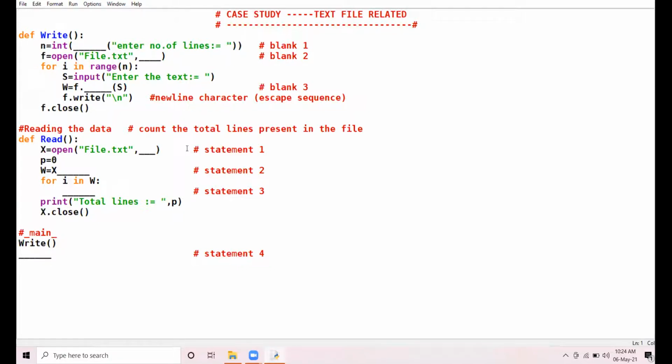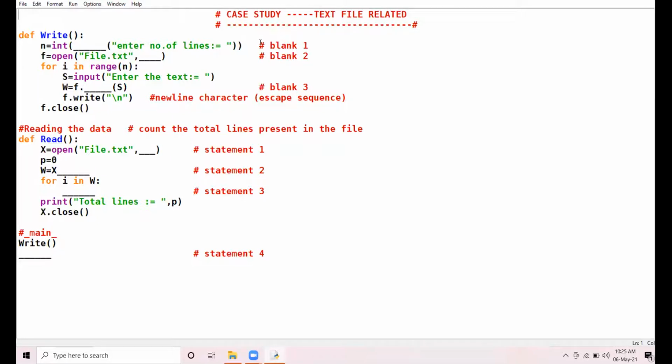So this is the program of text file, and I have taken two functions, write and read. The concept of the program is you have to count the total lines present in your file, and the name of the file is file.txt. Okay.